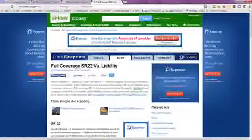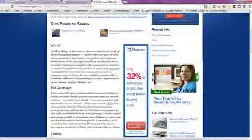Now, you can have the minimum requirements in your state for an SR22, or you can go ahead and get full coverage, and then you have enough proof of insurance for an SR22. But again, you have to do a search for an independent agent, get with them so they can search their companies for the best deal, whether you're going to get just the liability coverage required by your state, or if you're going to get full coverage for an auto vehicle. This is